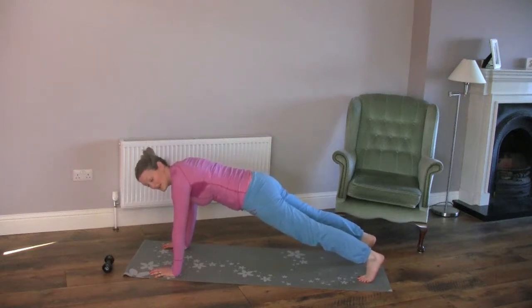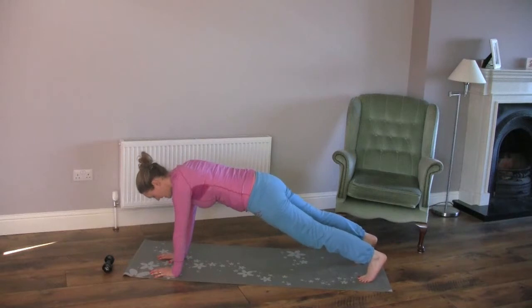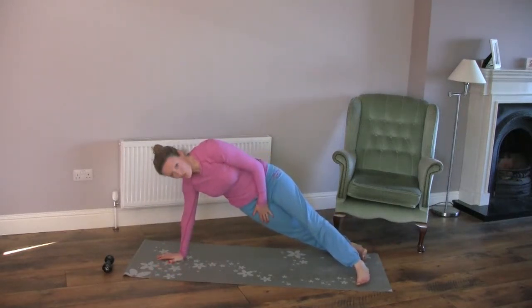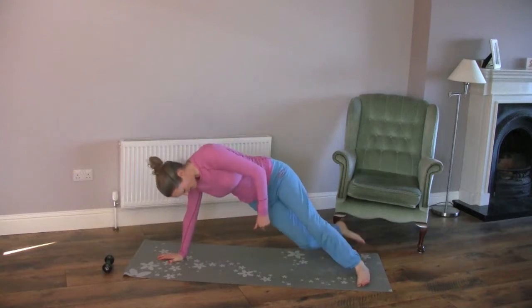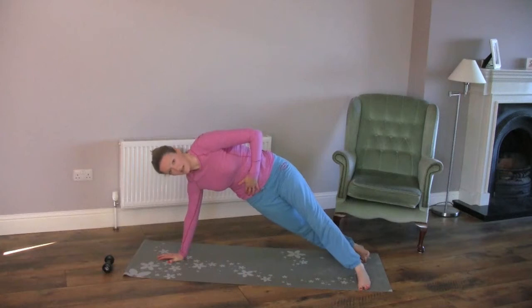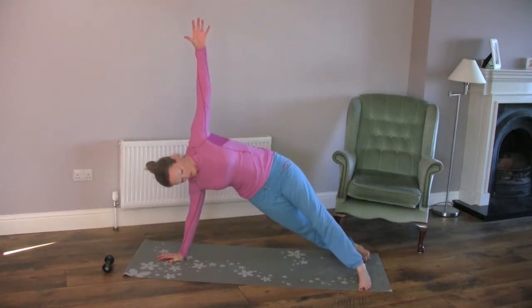Then we're going to go into a side plank. So bringing the hand into the center and then turning onto the sides of the feet. If that's too much, you can drop the leg that's closest to your mat onto your knees to stretch the other leg. So again, you're going to come into your side plank and you can stay here for a moment